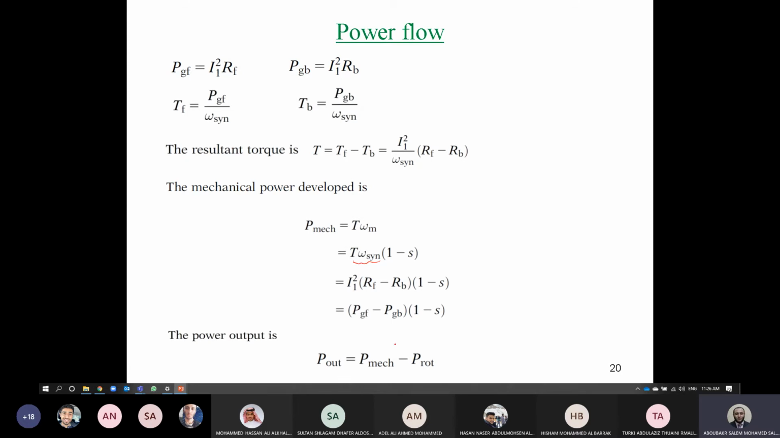طبعا finally the output power of the motor equals P mechanical minus P rotational. طب now if I would like to calculate input power of the motor يا شباب, what will be the different powers we should add together? So we can say B input equals, who can say شباب? Maybe Dr. Kabar. We have B cover on stator, so we can say B cover 1 plus